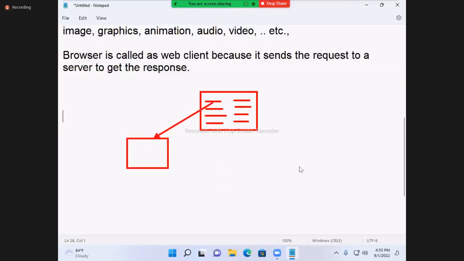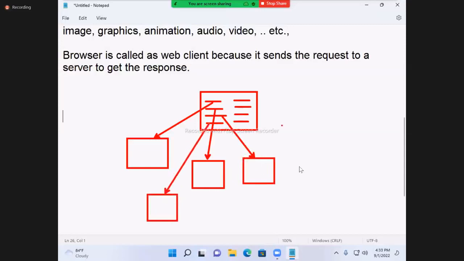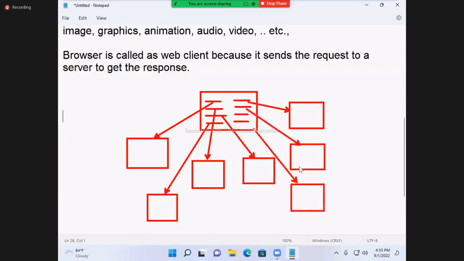If we click chat, the chat page appears. If we click movies, the movies page appears. If we click news, the news page appears. If we click shopping, the shopping page appears. If we click cricket, the cricket page appears. If we click search engine, that page appears. If we click some other link, that also appears, like this.